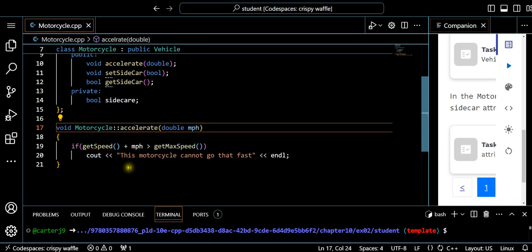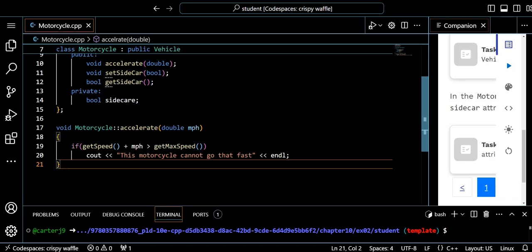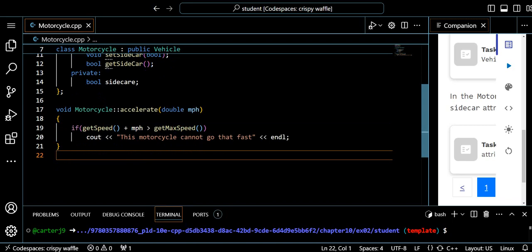Spelling wrong. Accelerate. Right, there we go. We'll come back and check the spelling. That's where we get this one done. Let's go down to